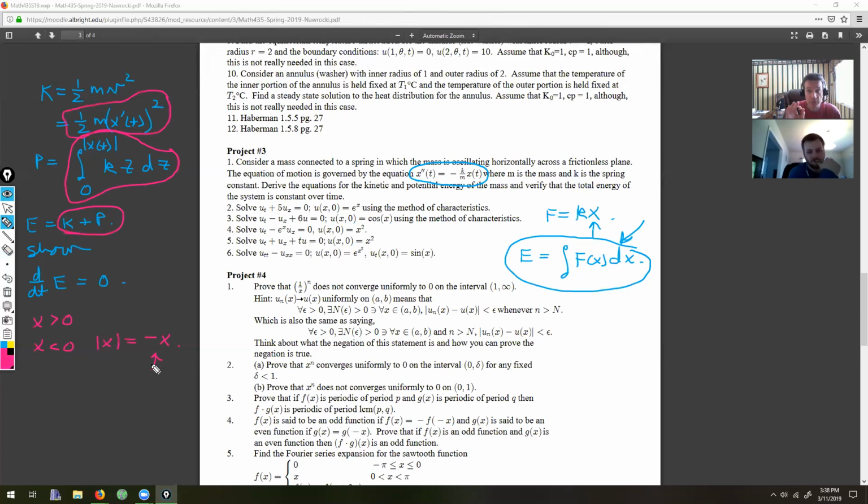Now, you've got to be careful. You're differentiating with respect to t, not x. And you're also going to need to use this equation right here. You'll see an x double prime pop out of here somewhere. Wherever you see an x double prime, replace it with this, and then everything is going to cancel out and give you 0. And so that's how this one works out. And when you do the integral of p with d/dt,